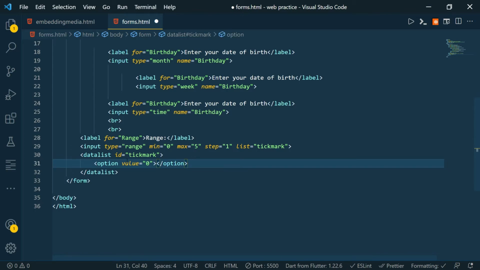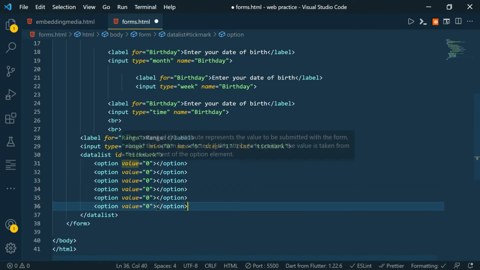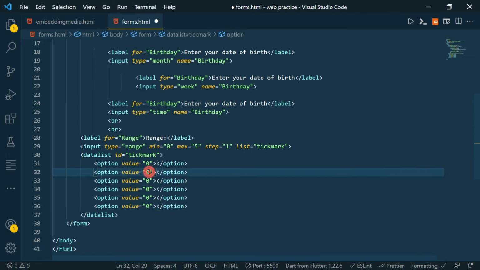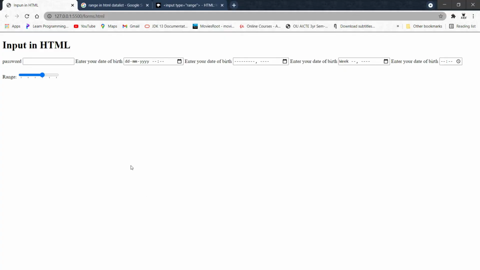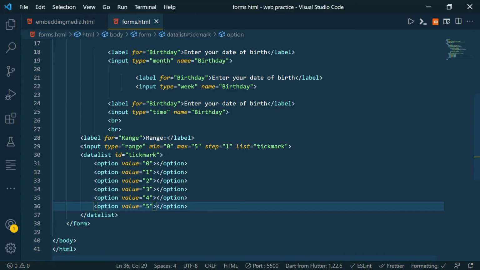We'll duplicate the options with Control Shift, for 0 1 2 3 4 and 5. These options won't be displayed on the website. They are just for semantic importance, so that the browser knows which step contains which value. You can see we got the lines. This is 0 1 2 3 4 and 5. I hope the range was clear.